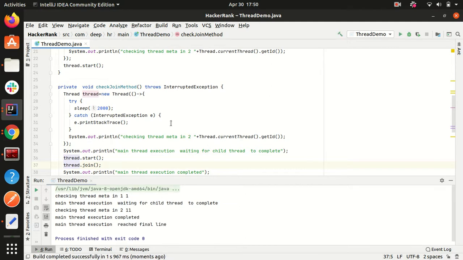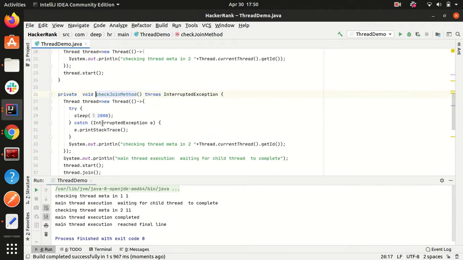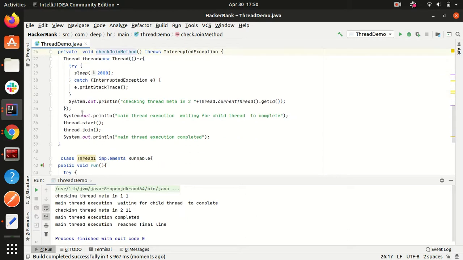As you can see, initially this line was printed, "meta in 1" and thread ID is 1. After that we went to the checkJoin method. Here this line is printed: main thread execution waiting for child thread to complete. After that, since we called start, the run method of this lambda got executed.